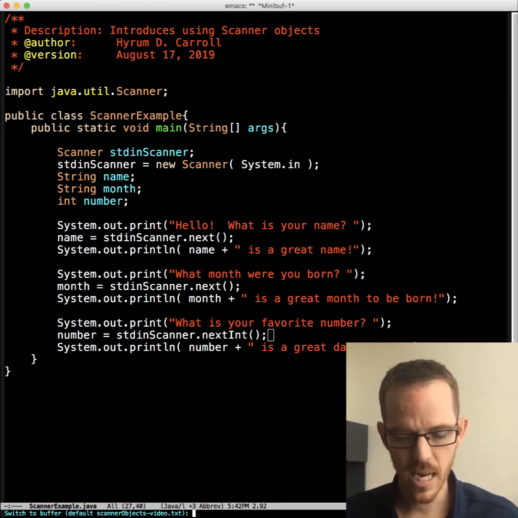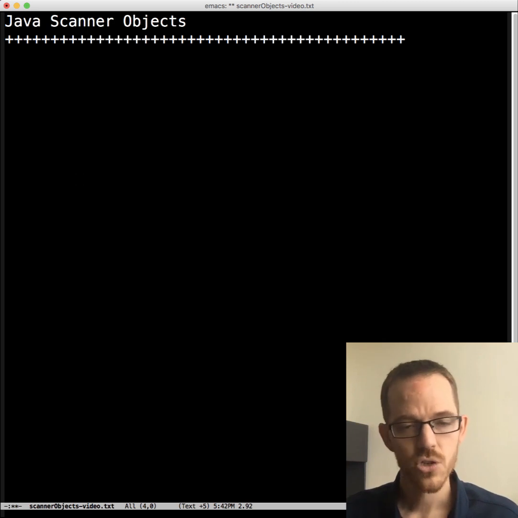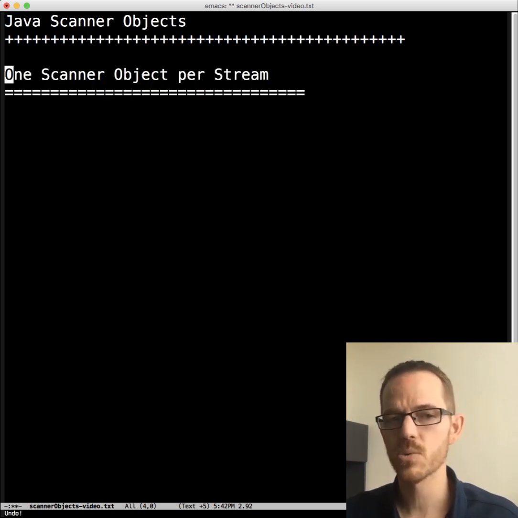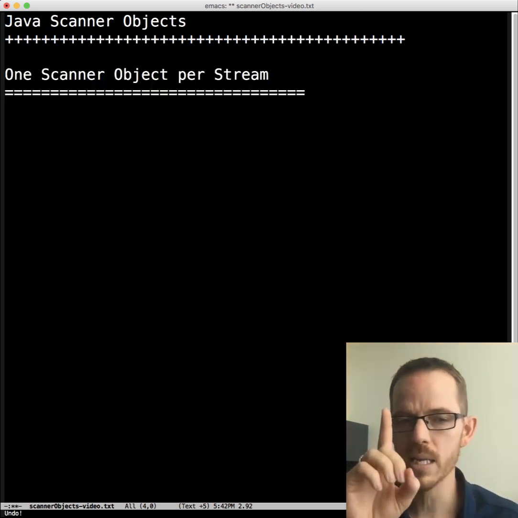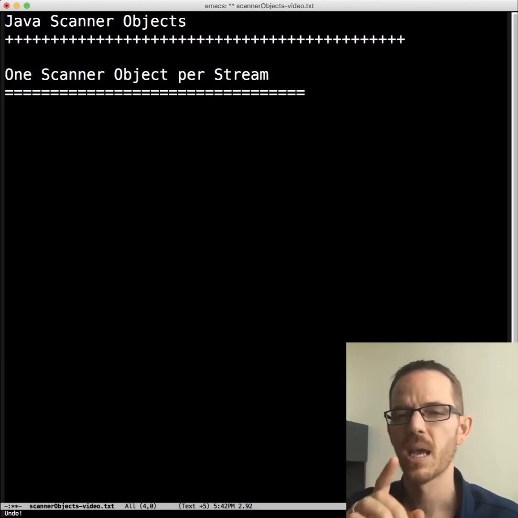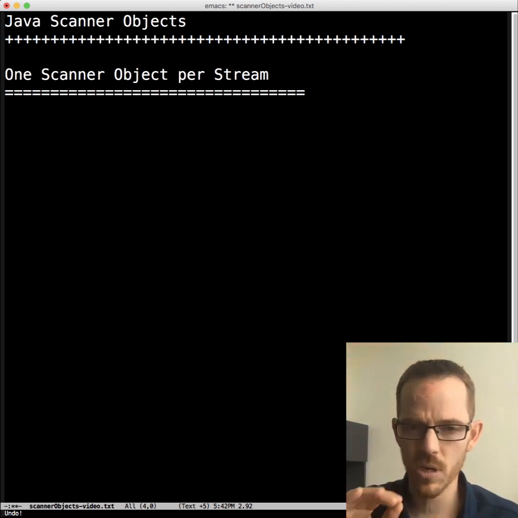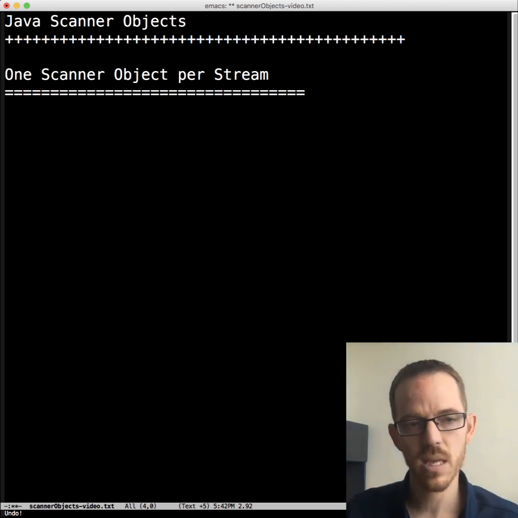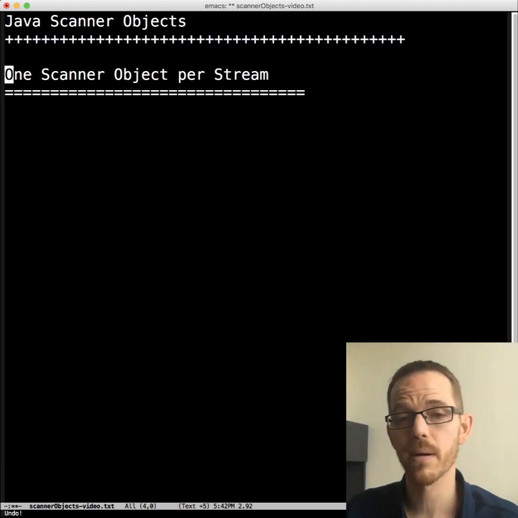And so this has some ramifications. What it means is we should only use 1 scanner object per stream. And usually you're only dealing with 1 stream, so you can think of it as 1 scanner object per program. Okay, let's talk about this a little bit more.